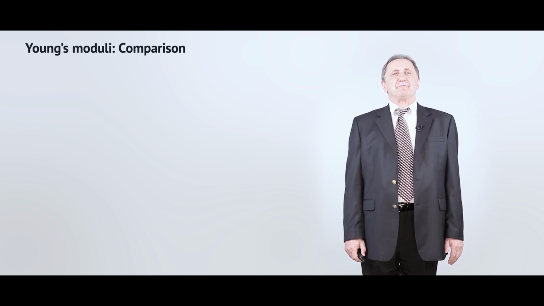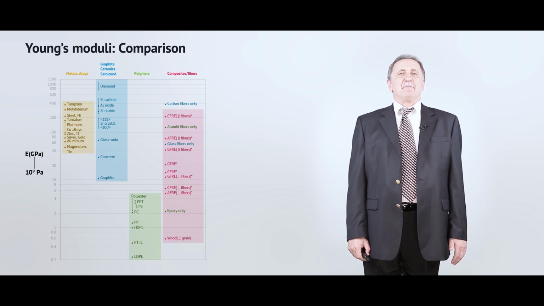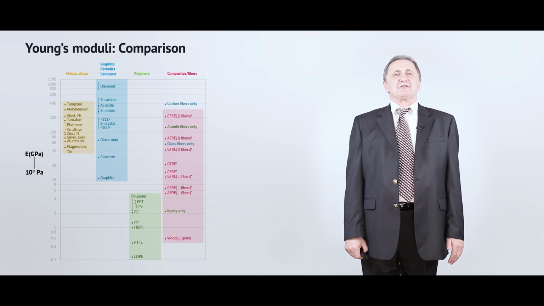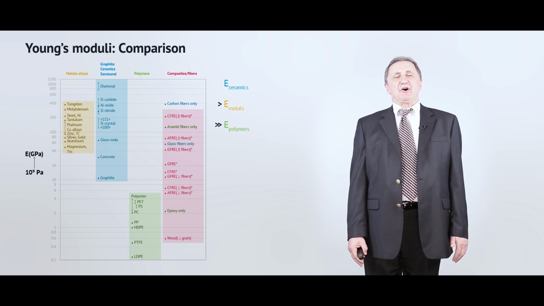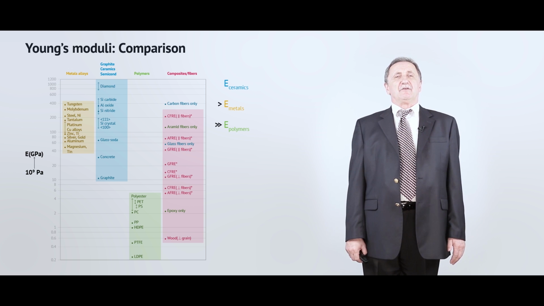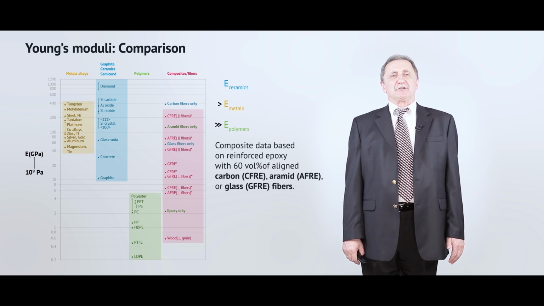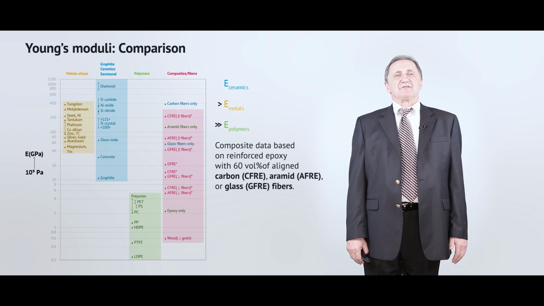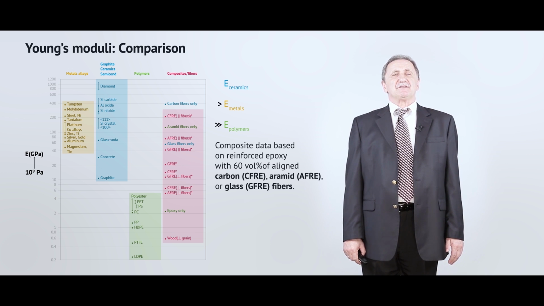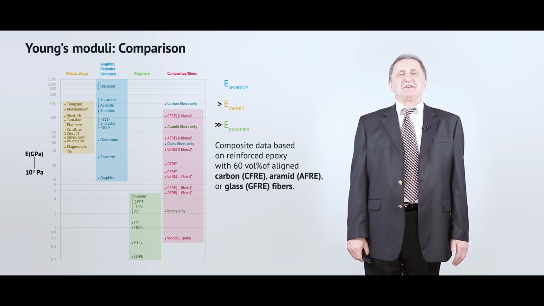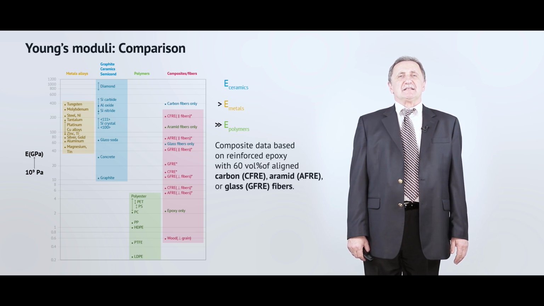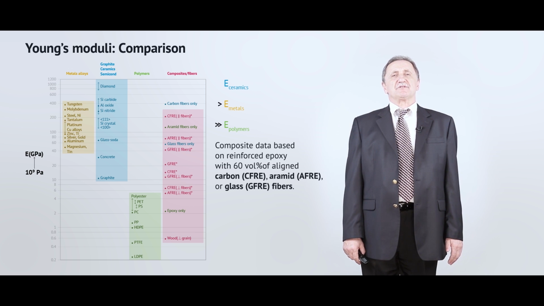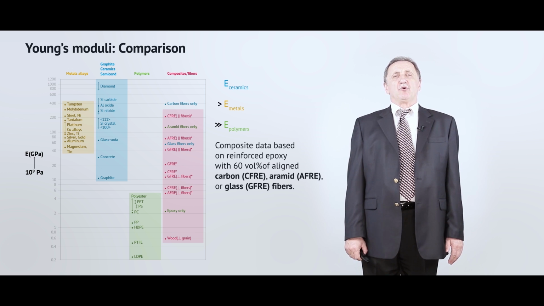And to conclude this part, we can now compare the elastic modulus of different types of materials which we introduced in our previous lectures. Because of the difference of the energy potential, atomic potential for these elements, the general conclusion can be made that elastic modulus for ceramic materials, where we have mostly ionic and covalent bonds, is slightly higher than those for the metals. And of course, polymers have the lowest elastic modulus.